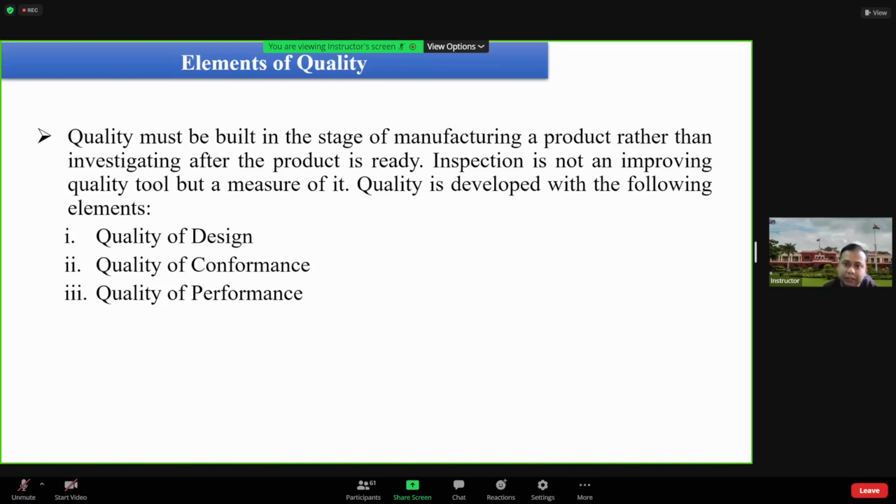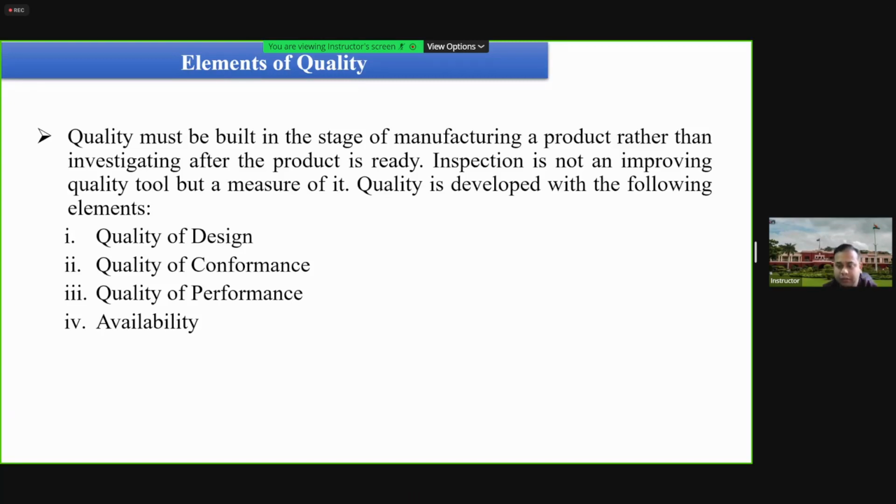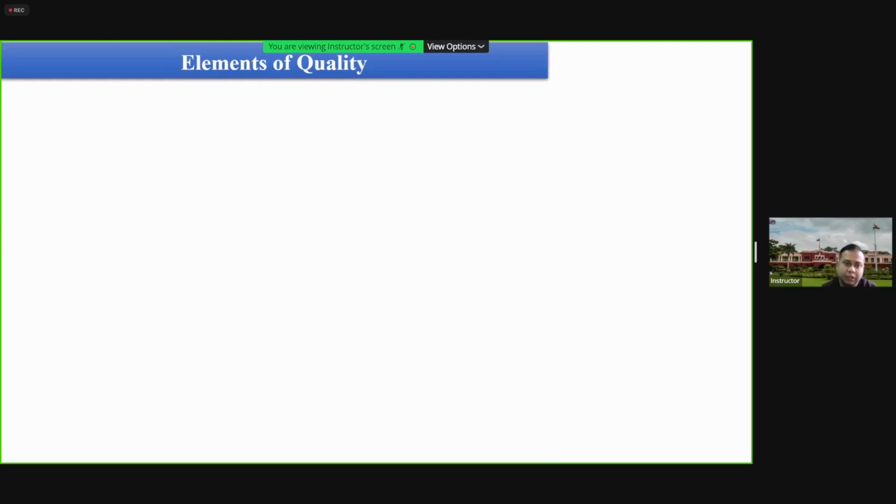Or follow these stages to ensure that the quality is built into the system and we do not focus or worry much about this inspection later on. So coming to the first element of quality, we are saying that quality of design is the first element. When we say quality of design, as discussed earlier also, it is basically we are